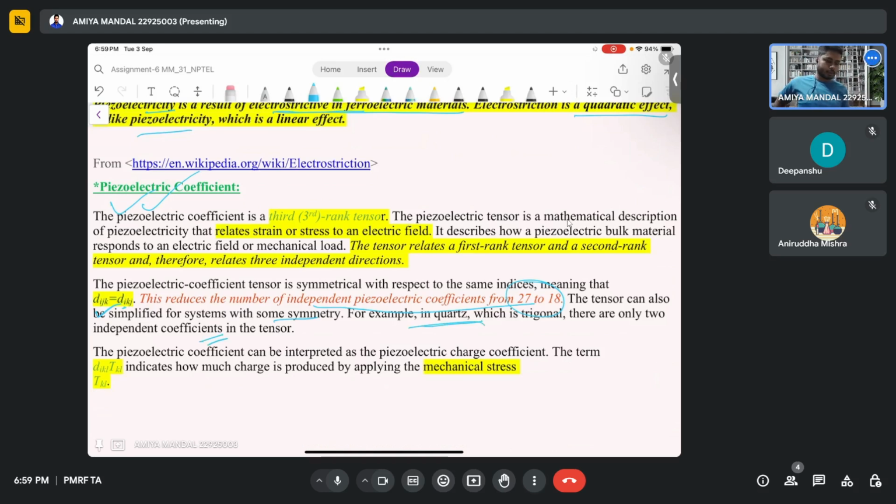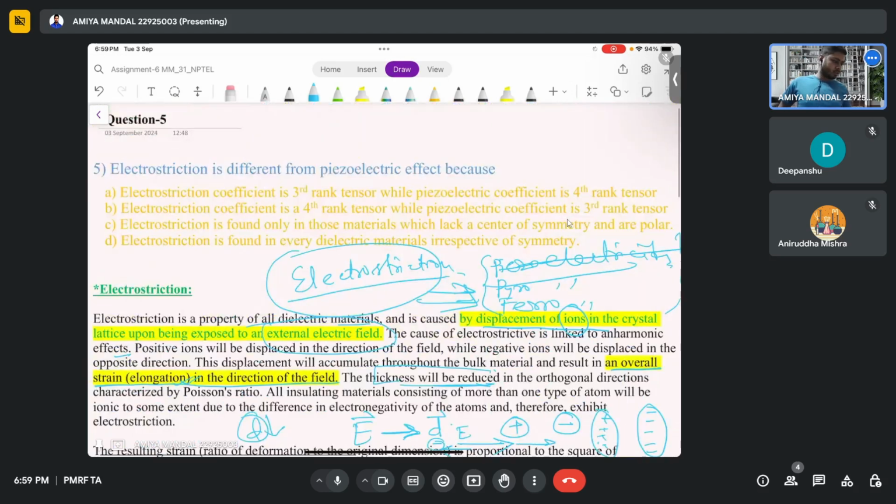So the piezoelectric coefficient can be interpreted as a piezoelectric charge coefficient, d_ijk, where T_k is the mechanical stress developed and the charge developed. So electrostriction is different from the piezoelectric effect. You know the piezoelectric effect, and you also know about electrostriction. Now we can